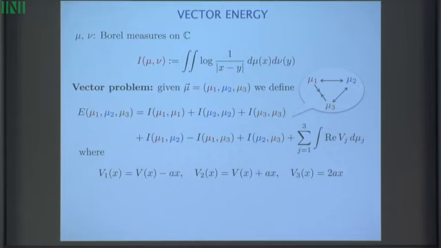You no longer expect to have a global minimum of this energy. The energy can only have saddle points. So it has a local maximum in one direction, a local minimum in another direction. So we'll be looking for the saddle points of this kind of functional. We have to put some constraints on the measure. And this is another difference with the classical case. I cannot tell you what the total mass of mu1, mu2, mu3 is. Instead of that, I give some kind of linear relations. I know that mu1 plus mu2 is 1, and mu1 minus mu3 is alpha.